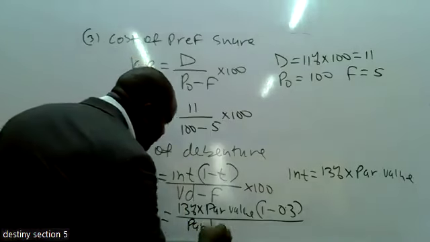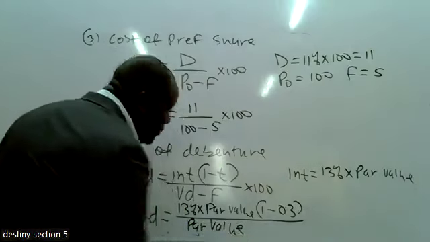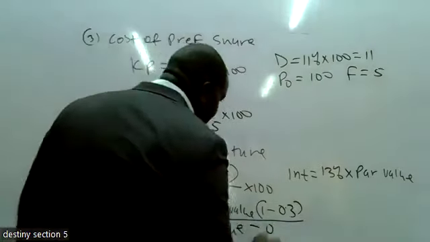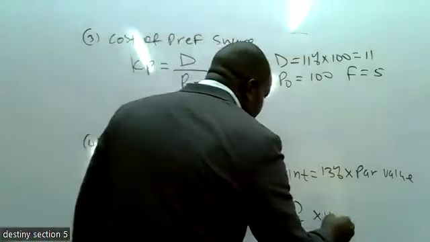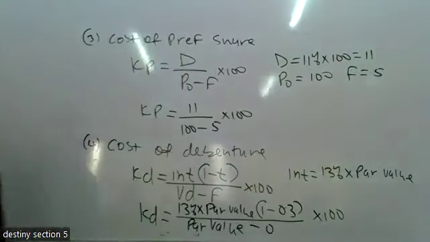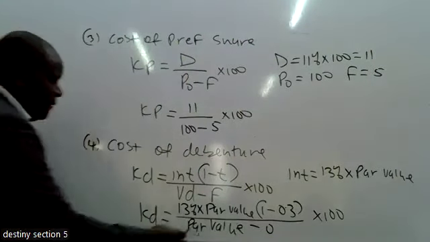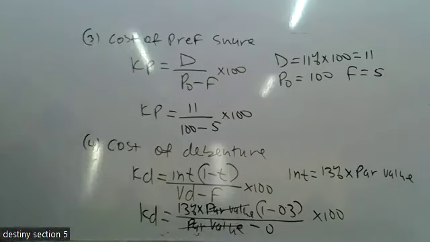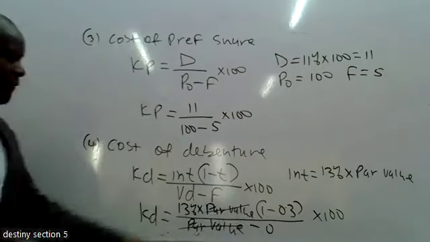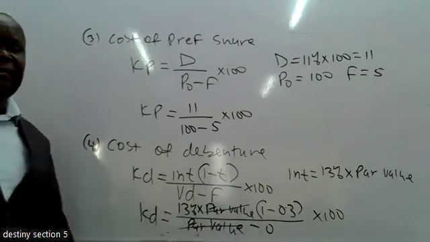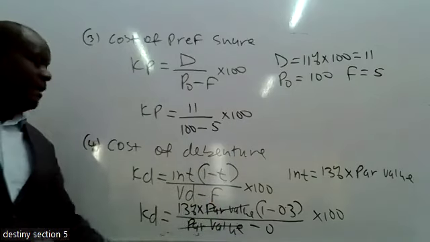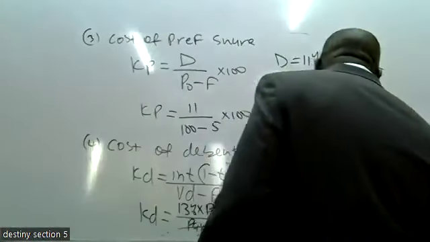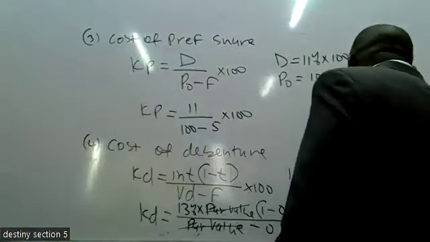Flotation cost was not given, so it is not there. This par value and that par value will cancel. It was not given, but because it was issued at par, we just cancelled it. So finally, it will be 13%